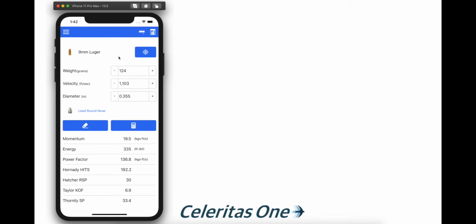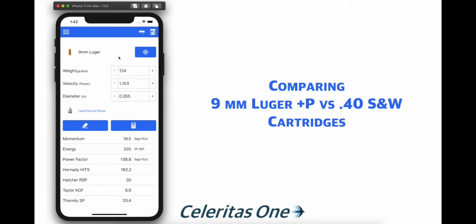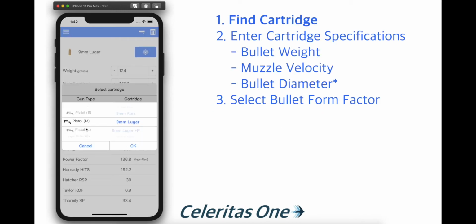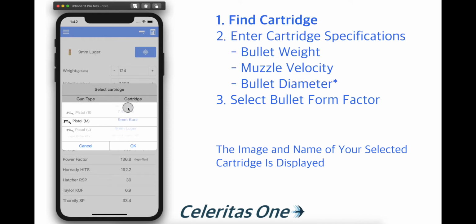Let's continue with this how-to video for comparing two handgun cartridges, the 9mm plus P versus the 40 Smith & Wesson. Using the Ammo button, find the cartridge you want to evaluate by gun type and bore size. Select 9mm Luger plus P and then click the OK button, which will display a picture of a 9mm cartridge